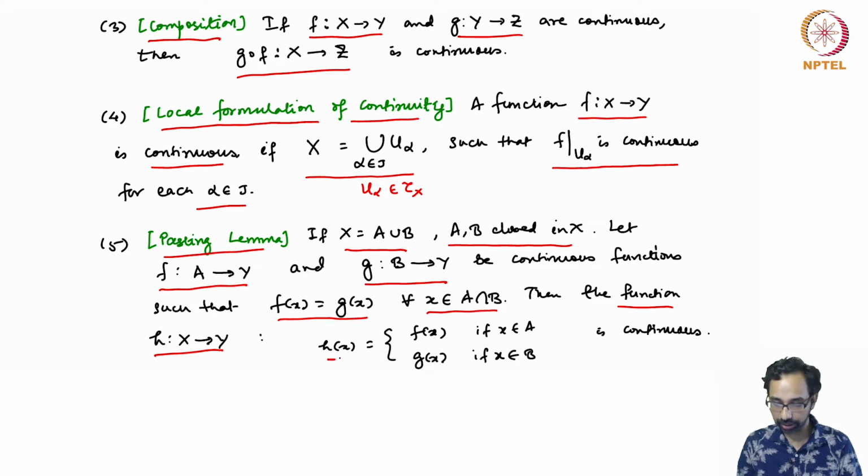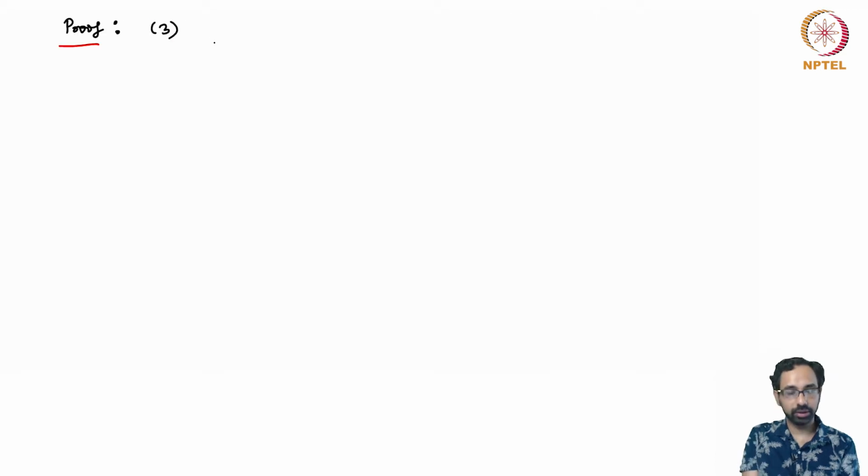So h(x) is defined as f(x) if x belongs to A, and g(x) if x belongs to B, and this is a continuous function. So let us look at the proofs of these statements one by one. So for the composition of functions, we have